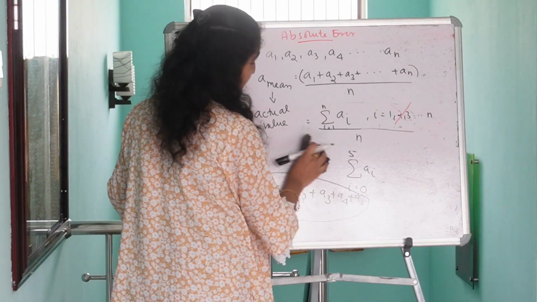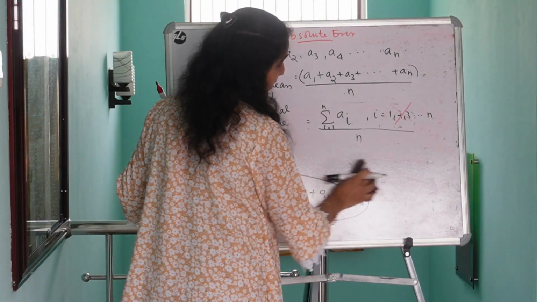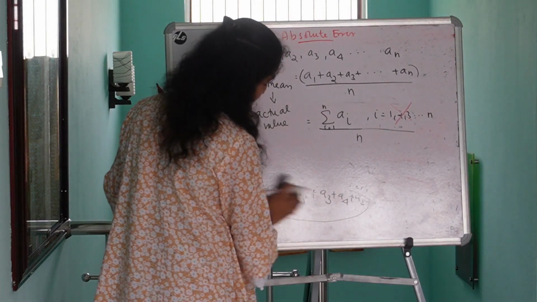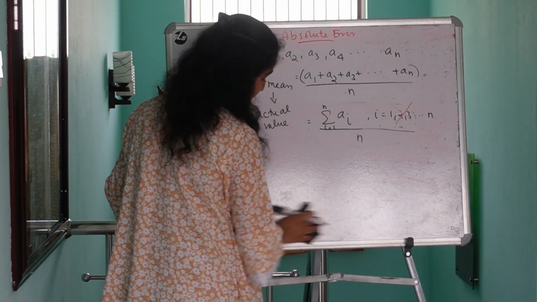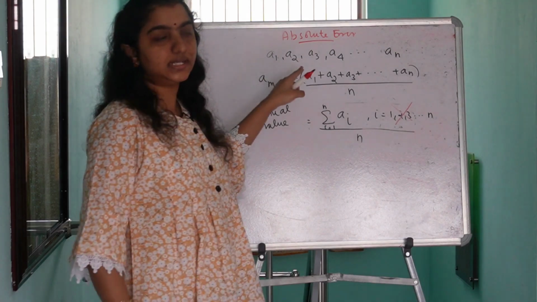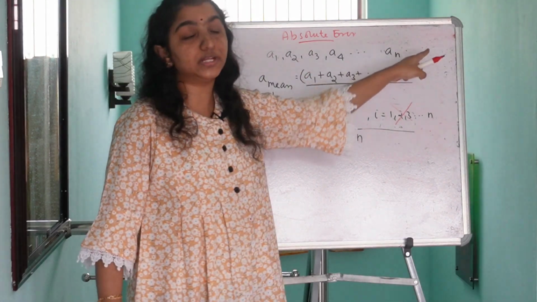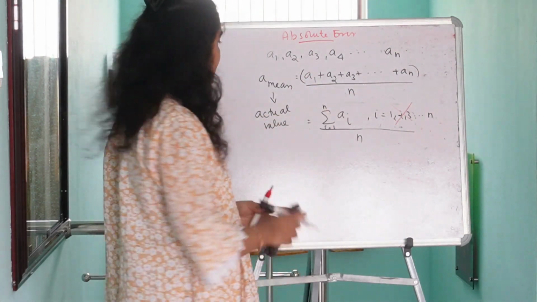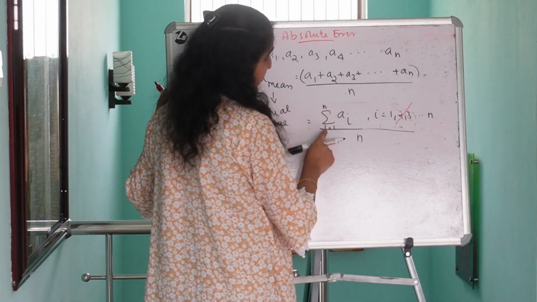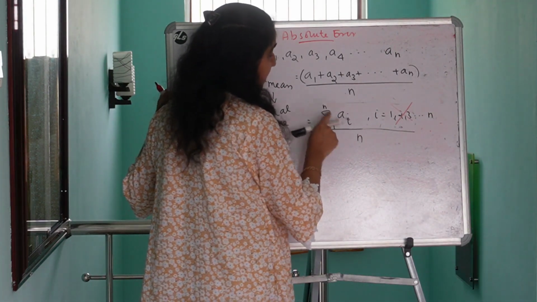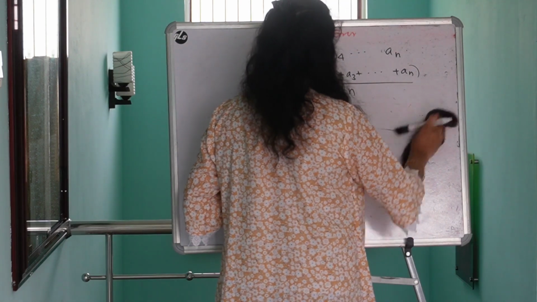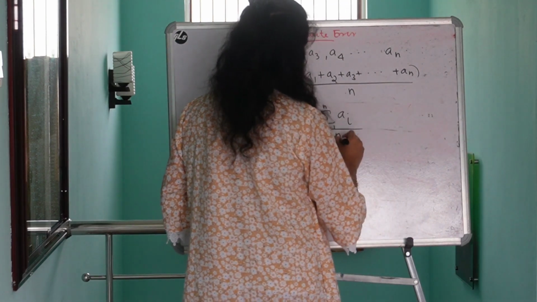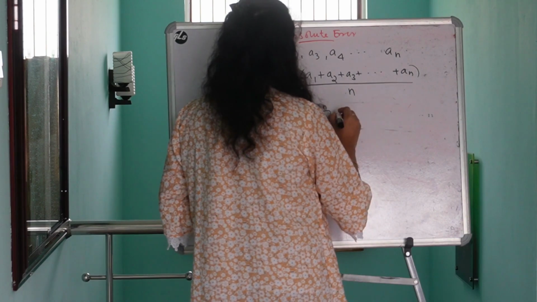So here in this case, while summing up all the measured values, we have lower limit as 1 because our terms start from 1, isn't it? Yes. And it extends up to n. So our upper limit is n. So here I have written sigma or summation i is equal to 1 to n Ai divided by n. And this Ai